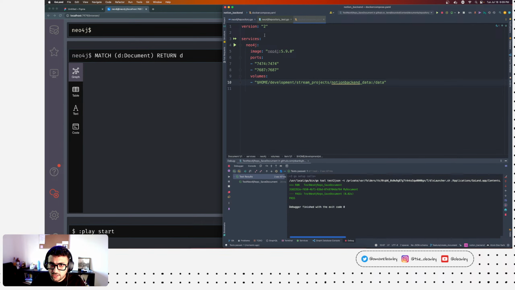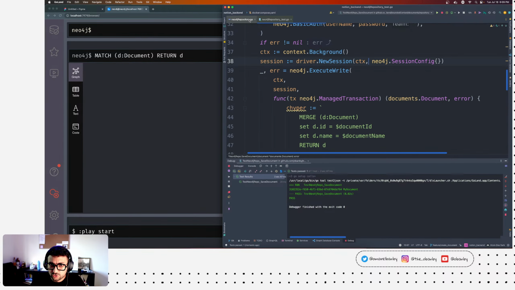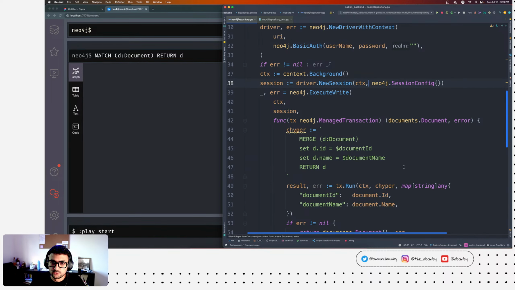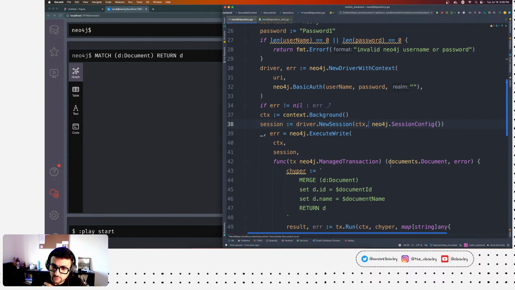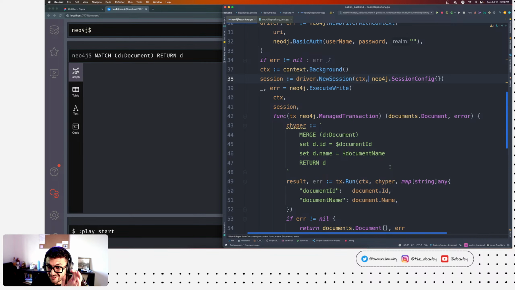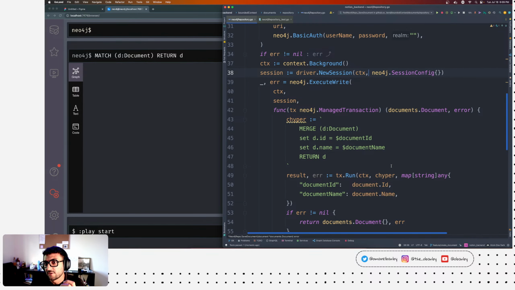So last time we went into a very long rabbit hole of trying to use the driver for Neo4j, and we were implementing the save document, and we ran into a bunch of issues, but we got it done, right? But we also learned a ton about how to use it. So let's summarize what we learned, then we get back into cleaning this up a bit.